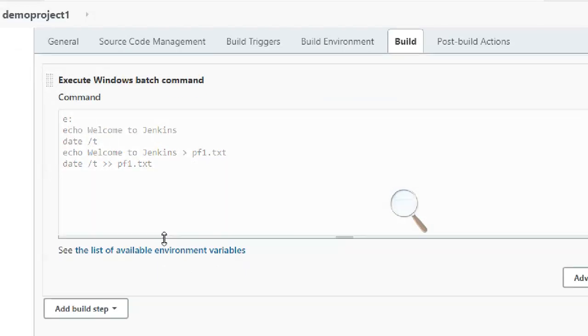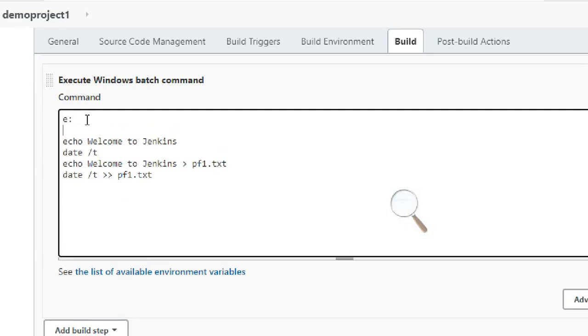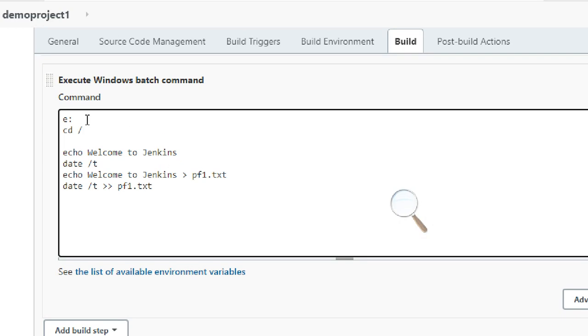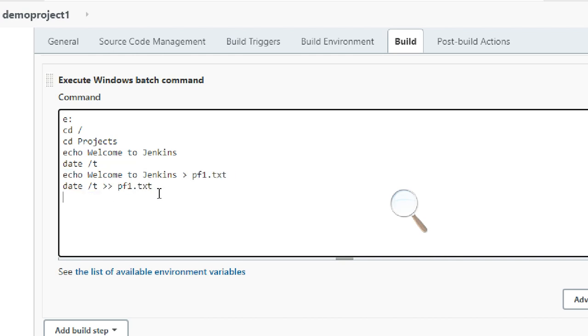So I want to change it now. This is simple. That's why e colon cd slash means it will go to the core E drive, and cd projects means I want to go to projects, display these things, and then put these things into the file.